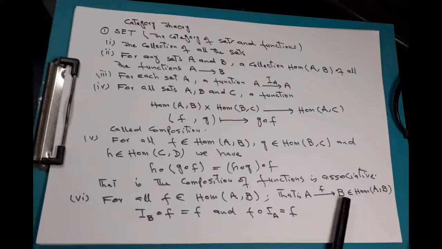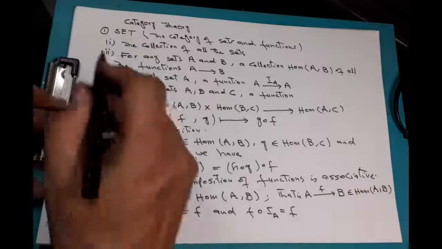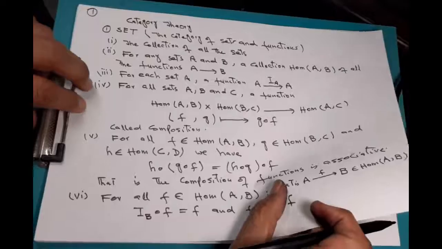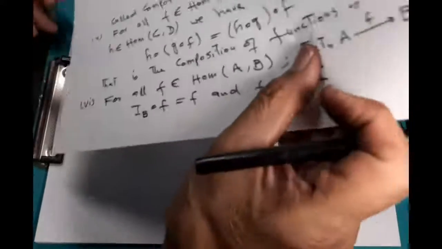And the identity function on B will be a function from B to B, and then you can compose it with F. So these are the conditions under which SET, the collection of all the sets, is a category. So having said that,